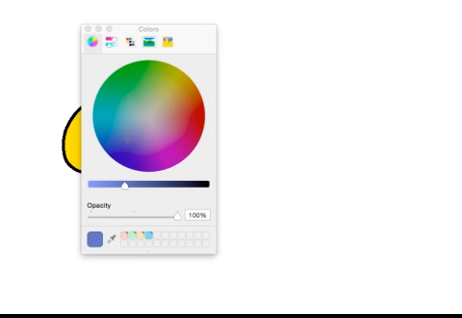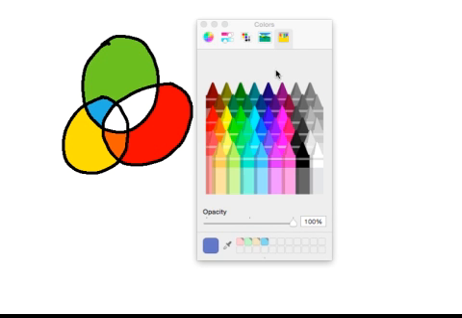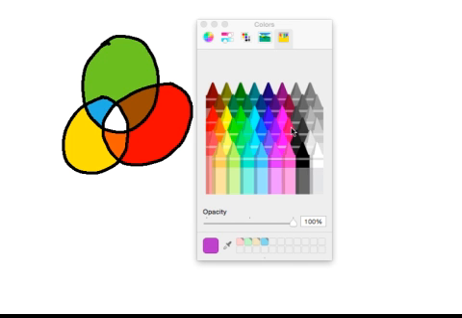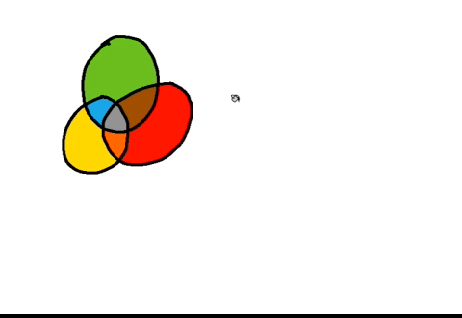Do I have brown color? Let me find brown color. Okay, I'm going to look for it in here. There we are. This appears to be brown. Great. We've got brown, and let me use black or perhaps gray for the overlap of all three areas. Okay, so